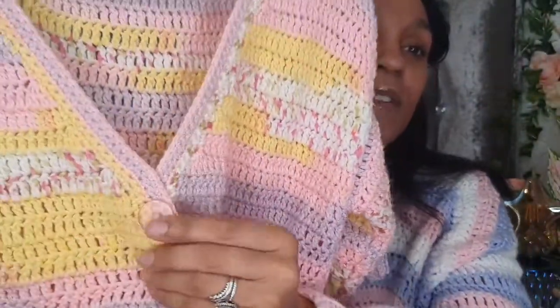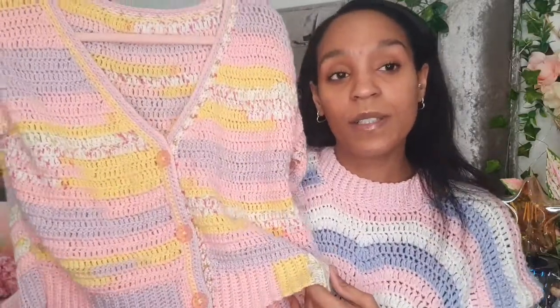Love this. So yeah, on TikTok I did the making of this. I literally did the 2 front panels first, back panel, sleeves, and then I sewed it all together, and it created this gorgeous little cardigan. I will again insert a picture in case you don't really want to have to go search through